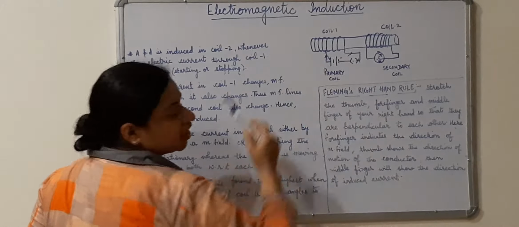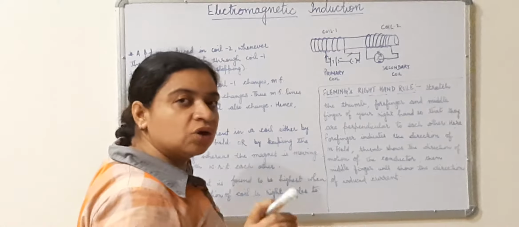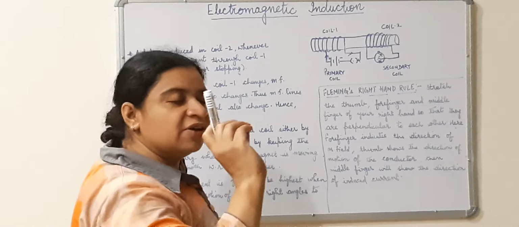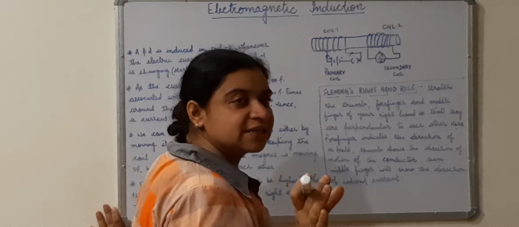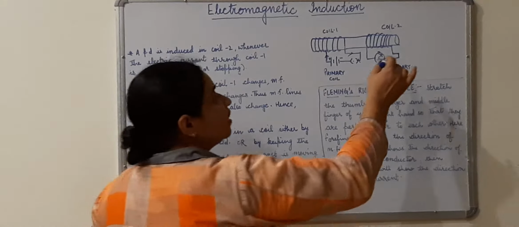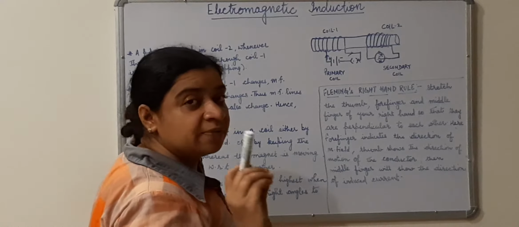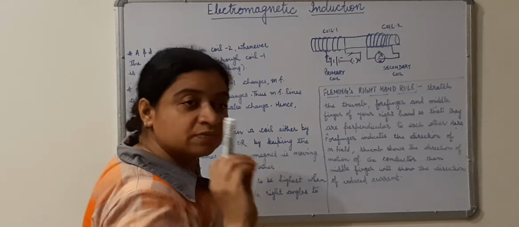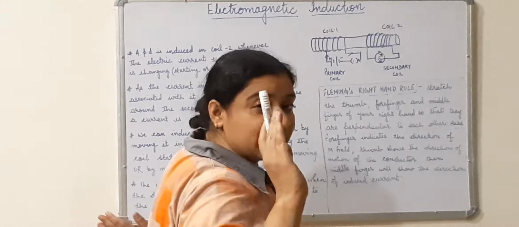Whenever there is a change in electric current, how will the current change? When we switch it on or switch it off, either by starting it or by stopping. When the current is flowing continuously, the same amount of magnetic field is there, so there is no change in the magnetic field lines or the magnetic flux, so there will not be any deflection in this coil. But whenever we are changing a magnetic field, for this phenomenon, the one and only condition is that the magnetic field lines have to change.